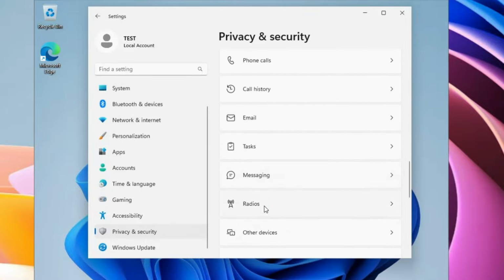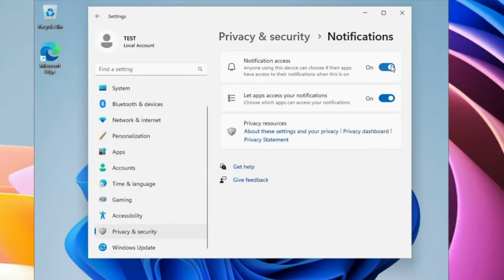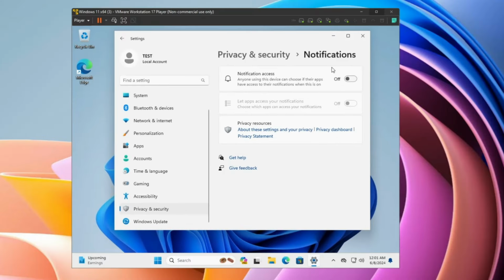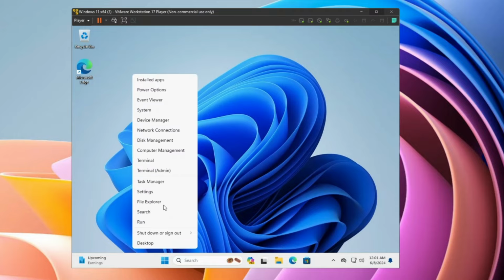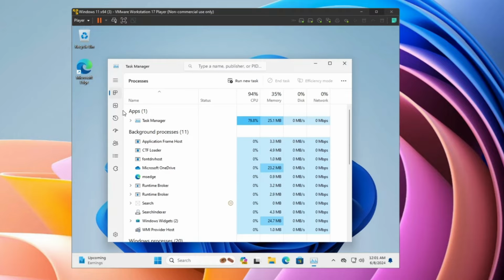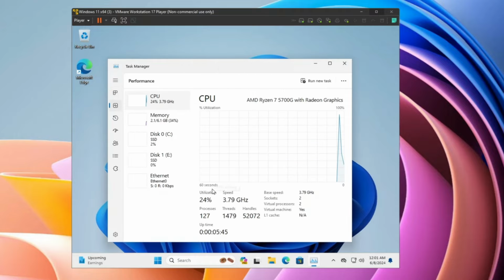You can also disable the notifications. And once you are done from the setting, now you can close it. And now before proceeding with the more optimization, if we bring up the task manager and go to the performance, so right now you can see this kind of process, the thread and the handle count is being used. Okay, so we will be optimizing it more so that the custom ISO that we create should be more optimized